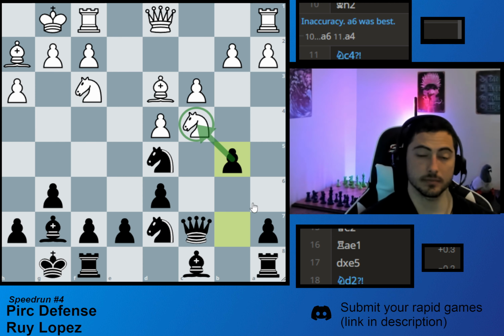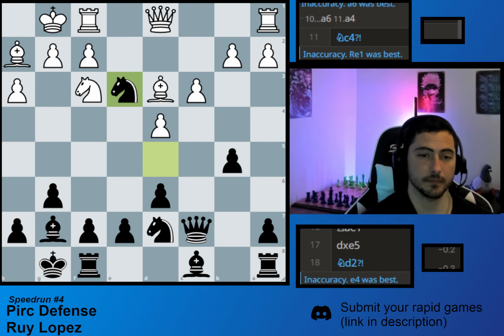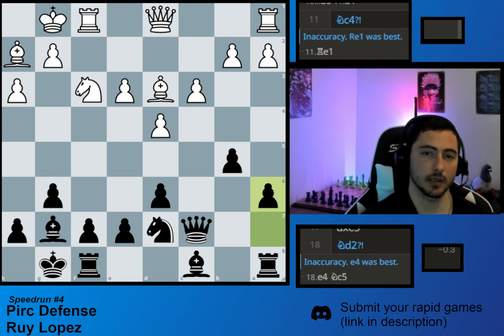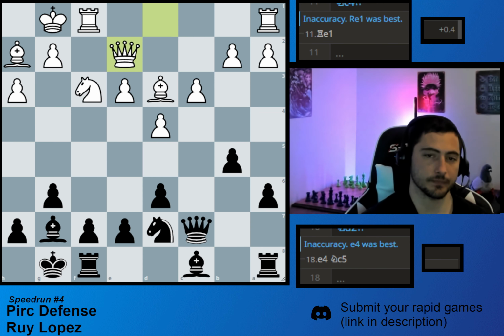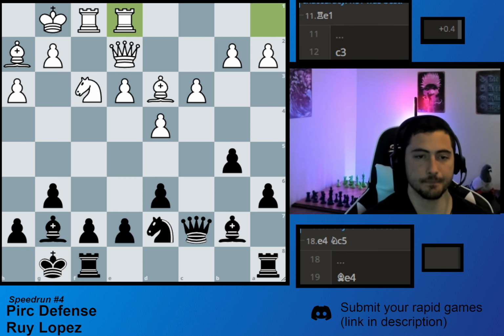Okay, so now we improve our position for free by kicking the knight. Kind of a forcing move so we can hang on to our pawn. Forcing move. Now we're ready to develop. Development and center. It's a completely even game, perfectly playable by both sides. Brings his rook over, and boom,